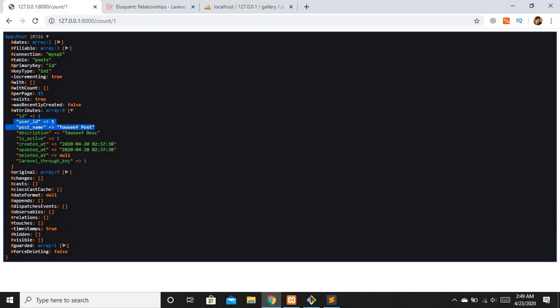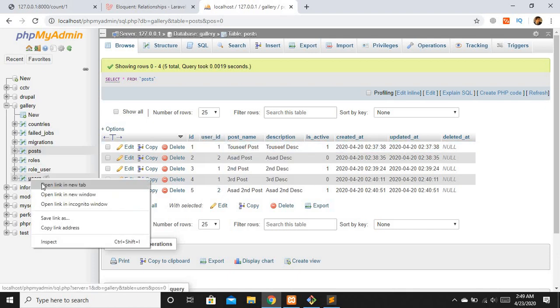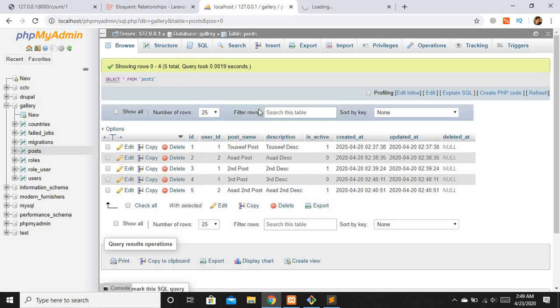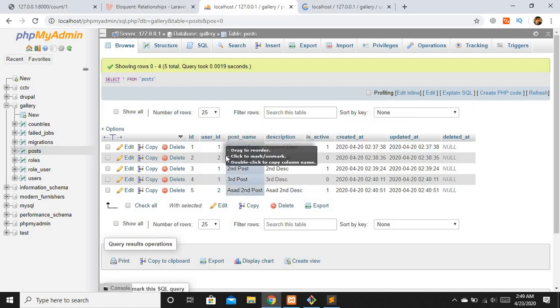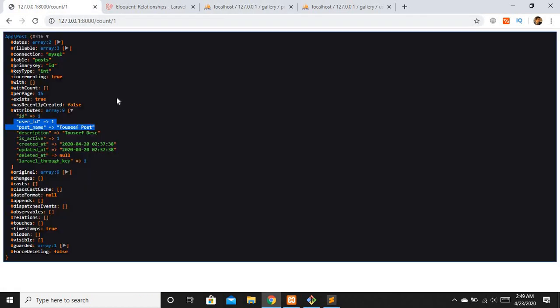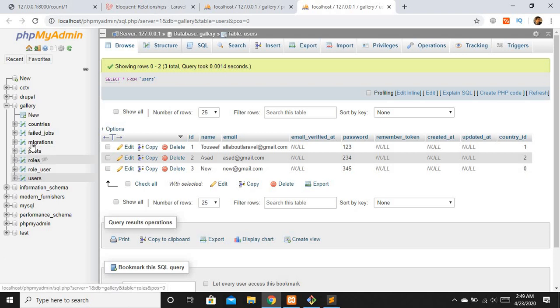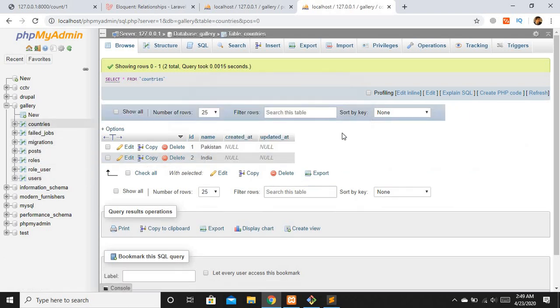You can see we have this similar user with multiple posts. Let me just show you so that there is no confusion left. User ID is 1. This user ID 1 belongs to Pakistan. Now we have 3 records related to Pakistan right here. You can see user ID 1 record, user ID 1 record, user ID 1 record, but here we are only getting 1 record. See, this belongs to country number 1, where country 1 is equal to Pakistan. Let me just show you countries, and see, country ID 1 is Pakistan.